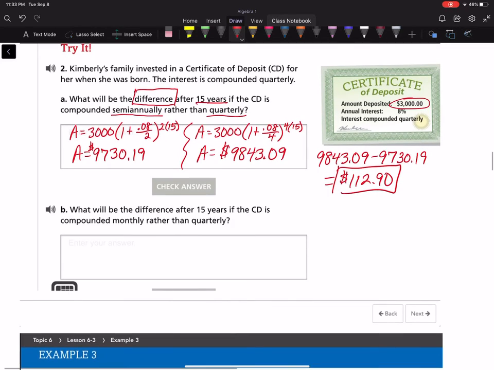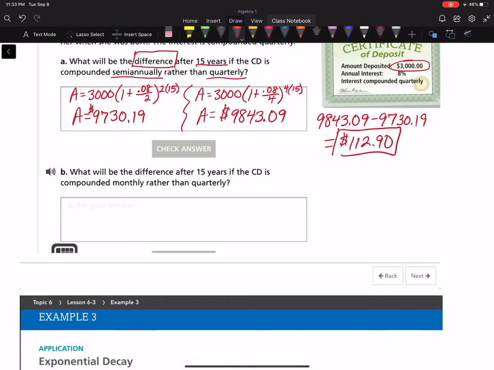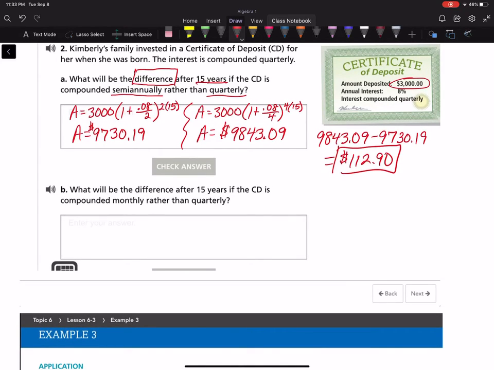Part B, we're going to skip part B because it's the same thing, only now you're comparing it compounded monthly rather than quarterly. So actually, it won't take long. Let's try it. Monthly, we're going to plug in 12 for n because there's 12 months in a year. So let's see what that would come up with. So let me grab my calculator again, plug everything in. And that is